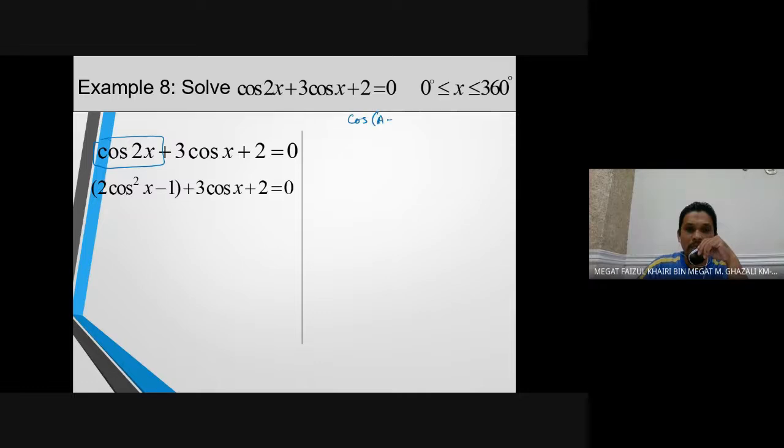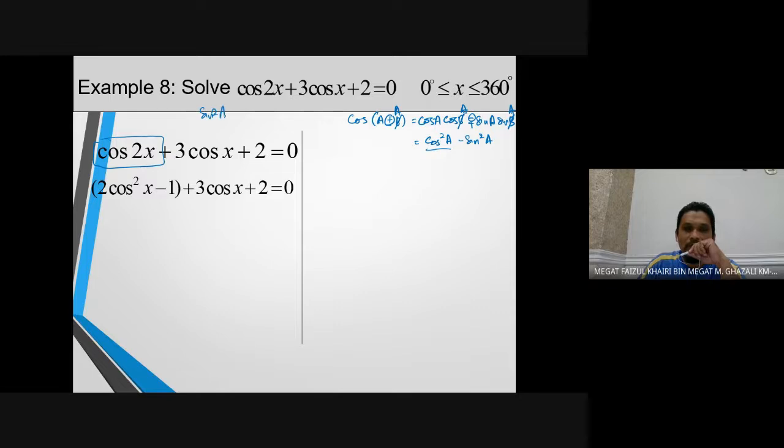Cos A plus minus B equals cos A cos B minus plus sin A sin B. So when we change this into A and this also into A and A, this can give you cos square A minus sin square A. So positive and negative first. Okay, and then change this in the